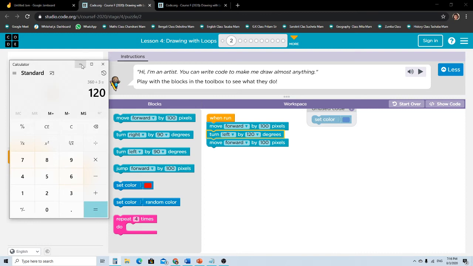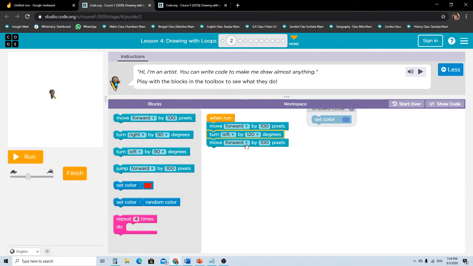Okay, yes, 120. My calculation was right. So 360 divided by 3, we get 120. That is how you do it. So 360 divided by the sides of a shape. And if it is a circle which you need to make, that time you need to use 360 degrees because a circle has 360 degrees only.